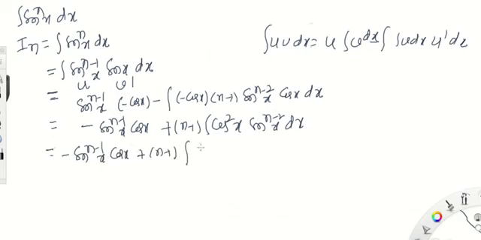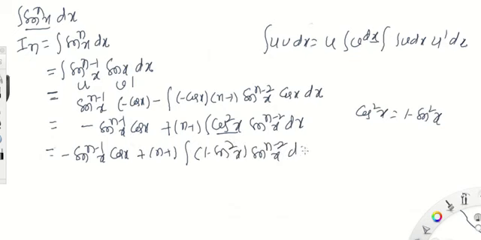Now, observe the result: you are calculating the integral of sine to the power of n x, but it has a cos square x. We can write cos square x as 1 minus sine square x. You can substitute 1 minus sine square x into sine to the power of n minus 2 x dx. It can be written as minus sine to the power of n minus 1 x into cos x